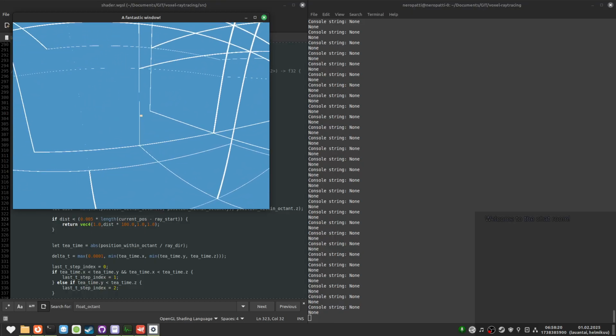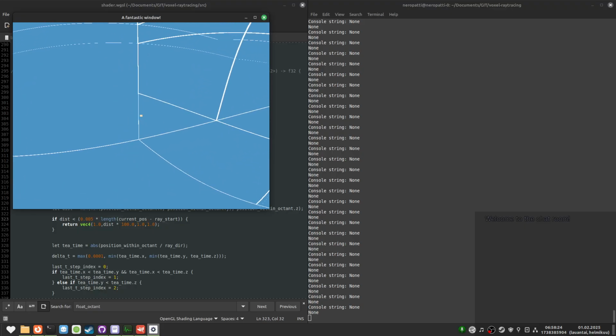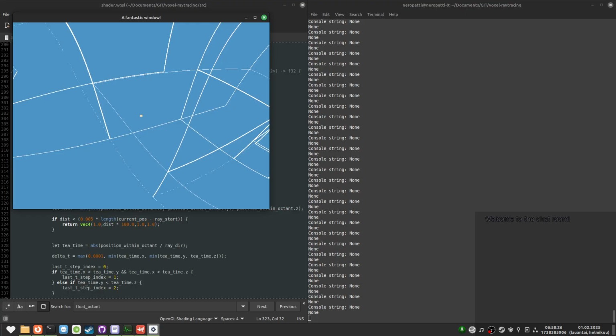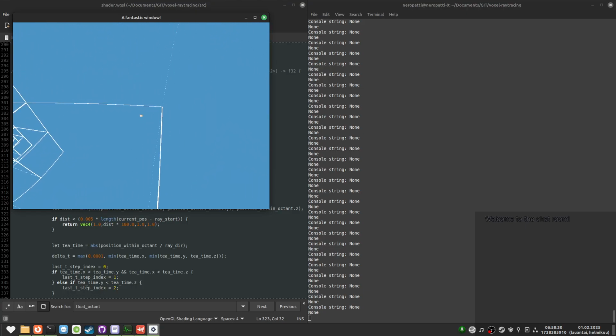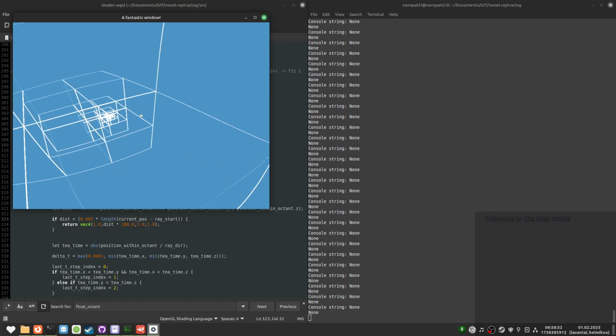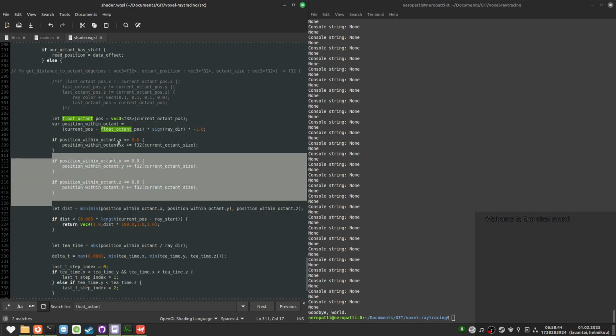Yay! It's still not perfect. Some lines are thinner than they should be, but for the most part, they're correct. Like the negative side doesn't want to render or something. These should never be negative anyway.